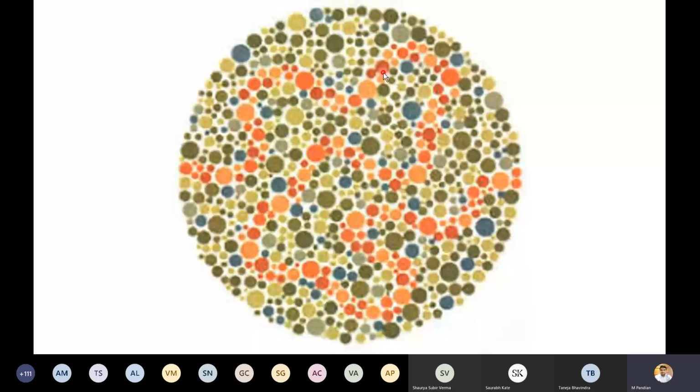They have to trace the particular path, which means they have to start here. See my pointer, it moves. So they have to do the same. They have to end here like this. Either they can start from here also or here also. Getting it? One is a numbering plate, this one is a pathway.